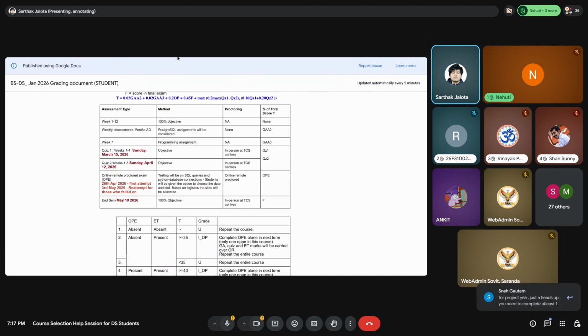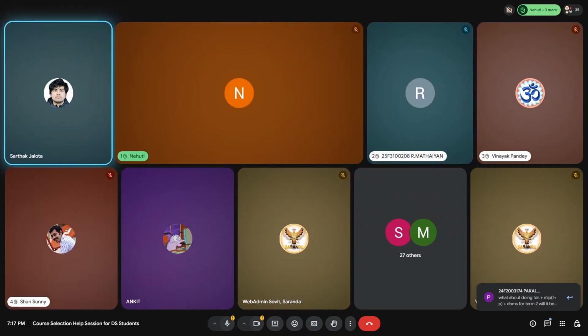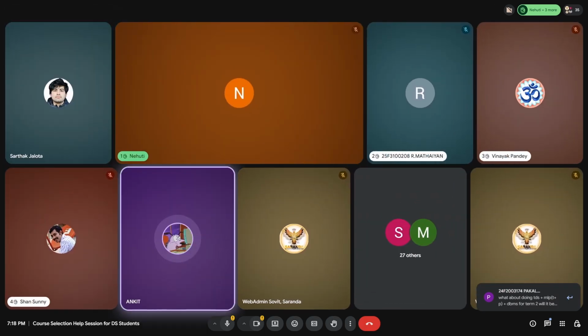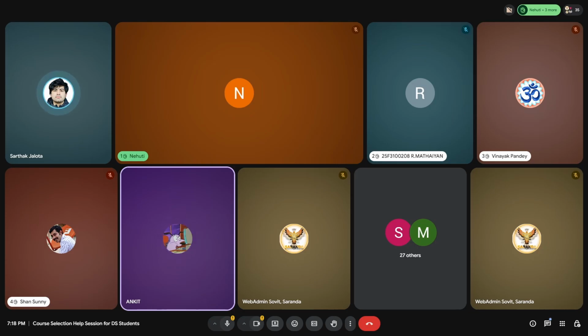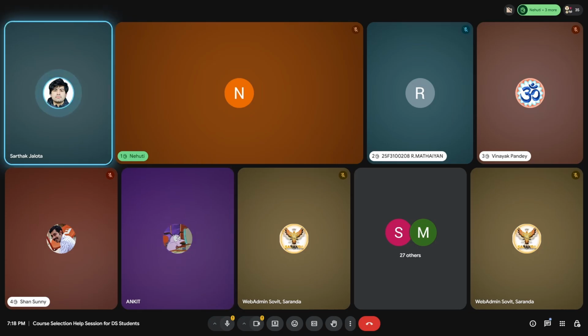राइट, तो अब ये तभी एप्लीकेबल होगा अगर आप रीअटेम्प्ट कर रहे हैं, थर्ड वाला, तो वो 1 वीक के बाद में मिलता है। बट एज सच कोई ऑप्शन नहीं मिलेगा। जैसे रीअटेम्प्ट तो आपको PDS में और DBMS में मिलता है, लेकिन SC में भी मिलता है। लेकिन आप उसको ऐसे शेड्यूल नहीं कर सकते कि मुझे सिर्फ सेकंड चांस ही लेना है, आपको प्रेजेंट होना पड़ेगा, अनलेस एंड अनटिल कोई वैलिड रीजन है और उनके पास प्रूफ है। अच्छा, सो मतलब ऐसे दो कोर्स लिया हूँ, फर्स्ट टाइम में तो दो कोर्स OPPE वाले हैं ही, PDS और DBMS। सो मोस्ट प्रोबेबली है कि एक ही दिन पे दोनों के OPPE शेड्यूल होंगे। यस, हो सकता है वो 1 डे को शेड्यूल हो जाए। लेट मी चेक एक सेकंड, मई 2026 का ग्रेडिंग डॉक्यूमेंट।